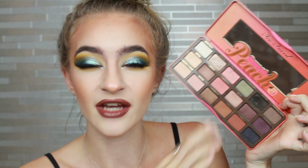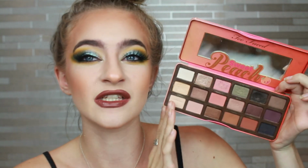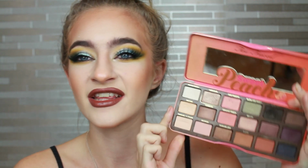Every time I'm doing my makeup, I'll go, oh, the Sweet Peach, and I'll pull it out and I'll go, no. But at the same time, I cannot declutter this. It's so strange. I want to hit a few pans. I don't want to hit pan in all of these shades because A, they're Too Faced shades, which is bad enough. But especially when you don't know how you feel about the palette, it's a different story. I don't know why I like it so much because I am very much a colourful person. But yeah, I want to hit pan in...